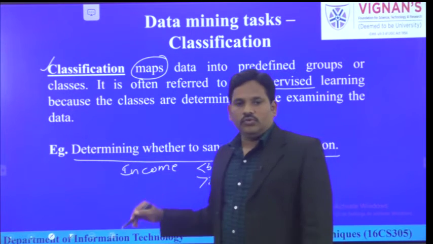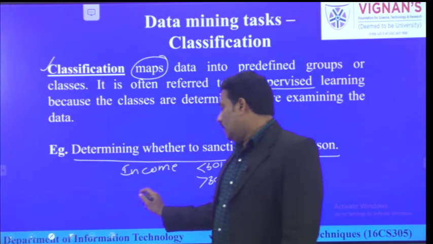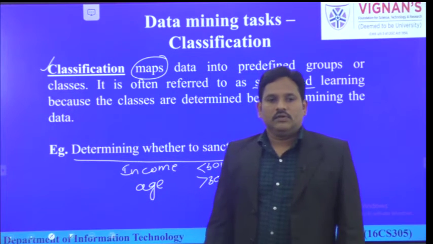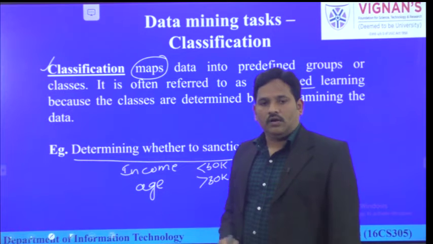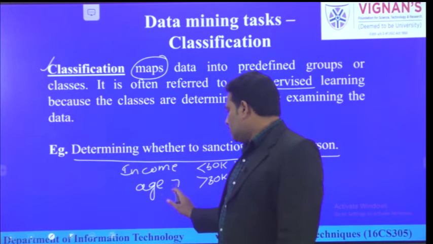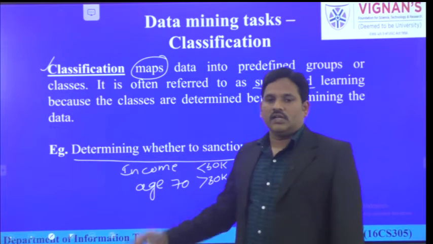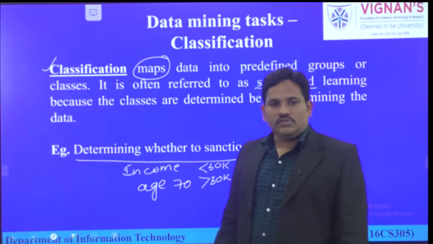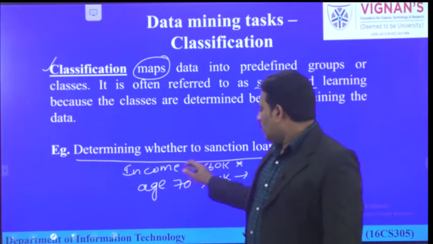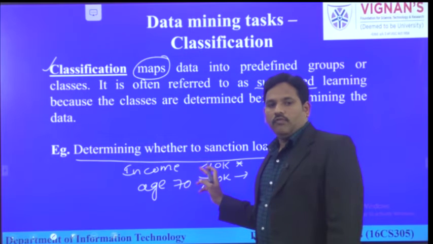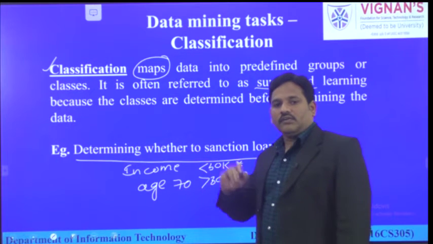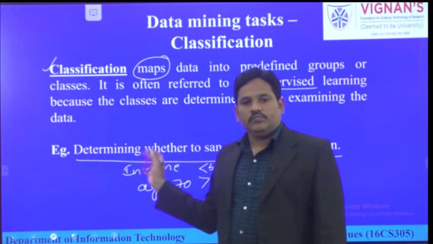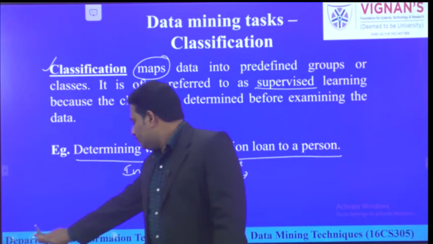In addition to income, they may put some other criteria also, like the age of the customer, whether we can issue a loan or not. Let us take a person whose age is 70 years and his income is 30k. They won't issue based on their rules and regulations. So here we already know the output for an input value, and whatever output best suits the input is going to be applied. This is called classification.